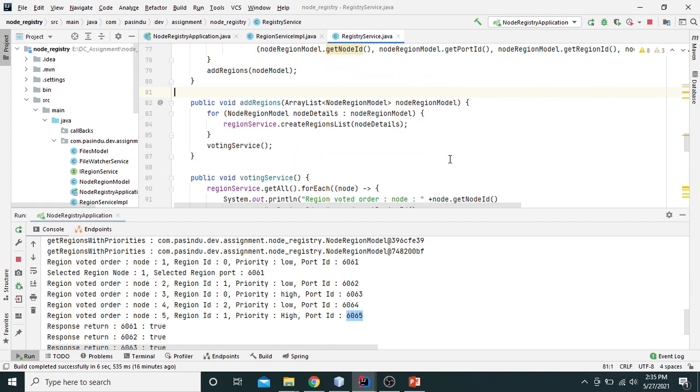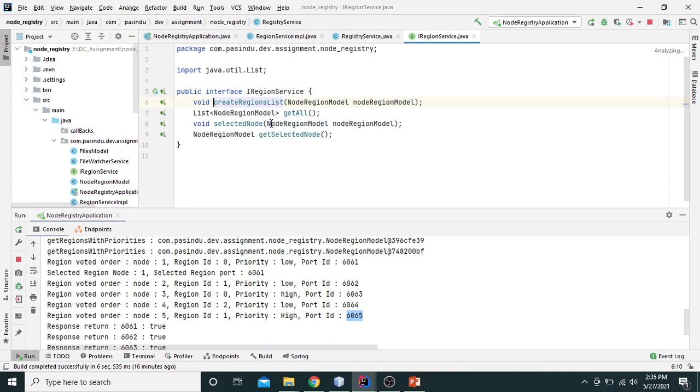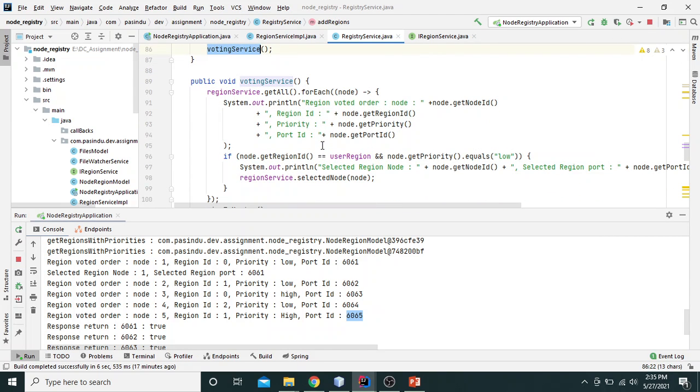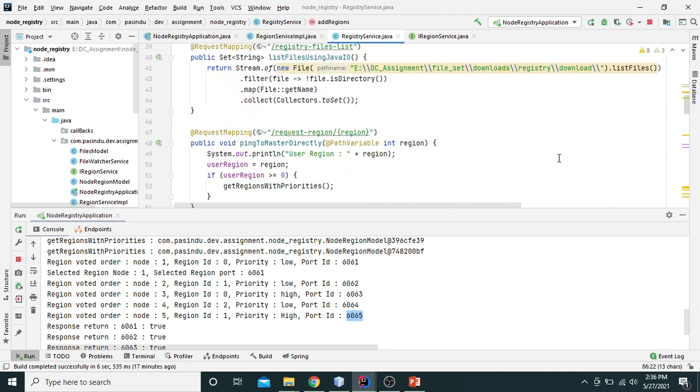Previously I told you that all these things will come to this interface, and after that the voting section starts. Then it checks the region ID. Region ID means 0, 1, and 2, which is the same as the region ID that the user provided. It is gathered from